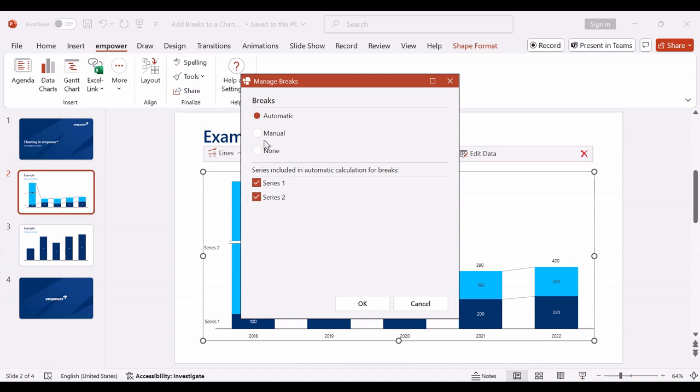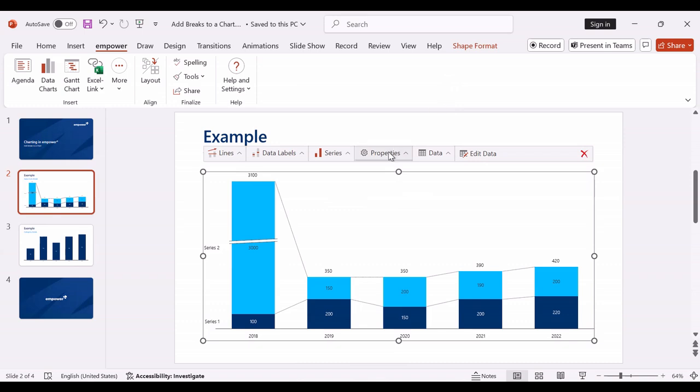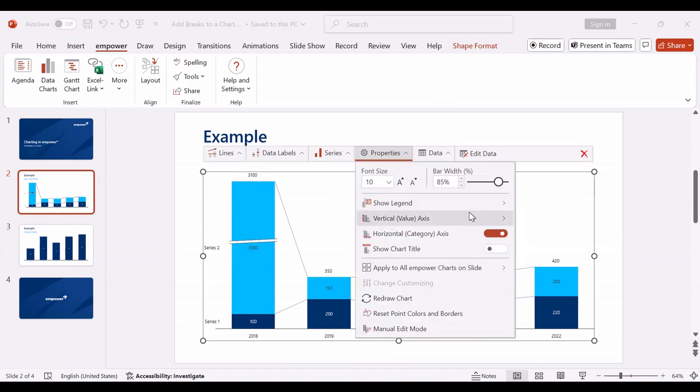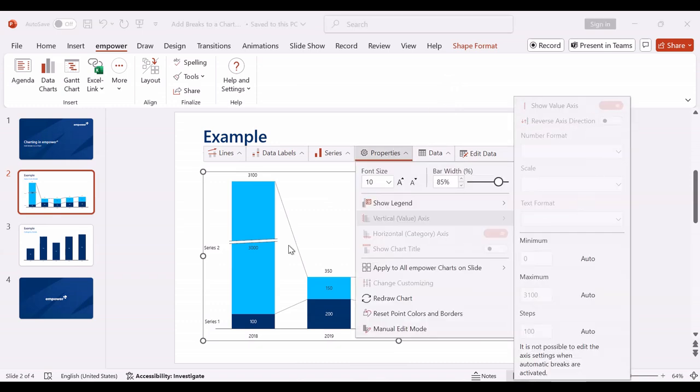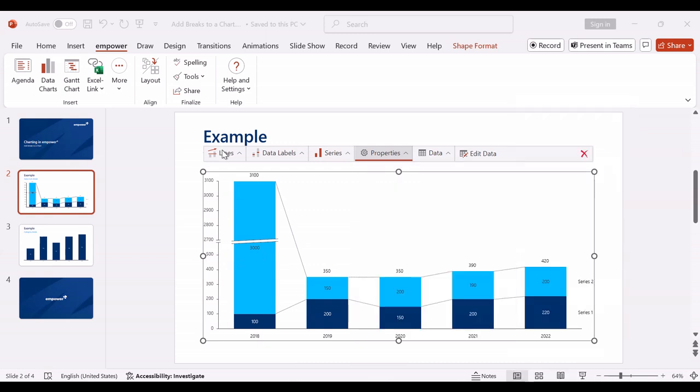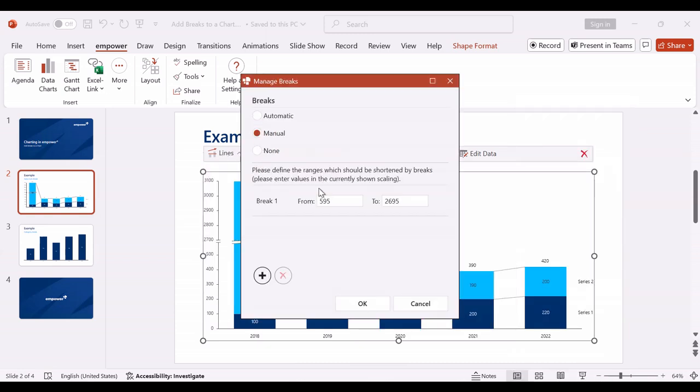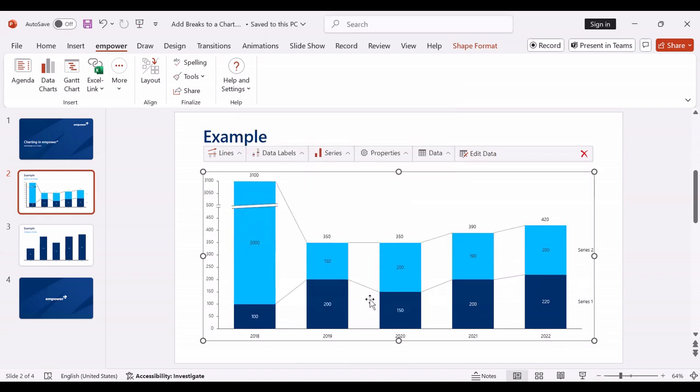In the manual mode, you can set the value range of the break manually. In this case, it is helpful to first display the value axis and consider which section you want to cut out from the axis and the chart. Then enter the start and end values in the corresponding fields. If you click on the value axis directly in the chart, you can manage the value axis breaks in the